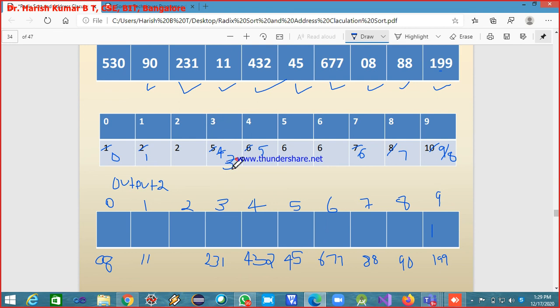Now this is going to be decremented by 1 more, and it is 2. That means 530 takes the position 2. Okay. Now by the end of the second iteration, you have your input array